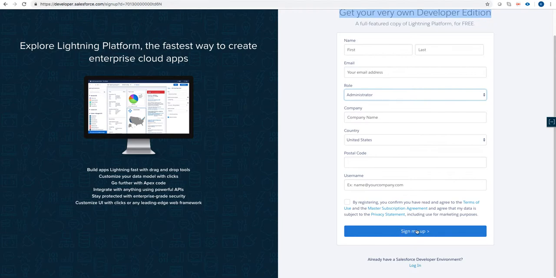Once you click Sign Me Up, you're going to get an email at this email address here, and then you're going to reset that password. And then once you do that, you're going to be brought to the login page for your Salesforce environment. Remember this username right here, because this is going to be your username when you log in. So I'm going to click Login here,